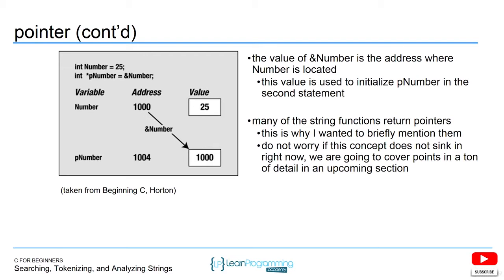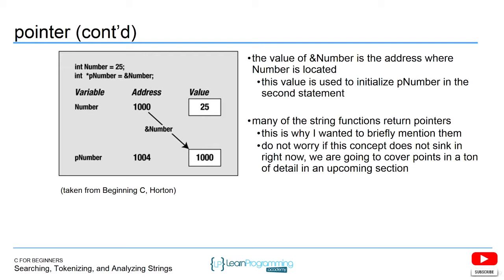Number is in memory, and it sits at an address of 1000, for example, and it has a value of 25. P number has an address of 105 for that actual p number, but the value stored there is the 1000 address. In order to get the value via p number, you would have to dereference the 1000, which will give you 25. All right, and the reason I mention all of this about pointers is because a lot